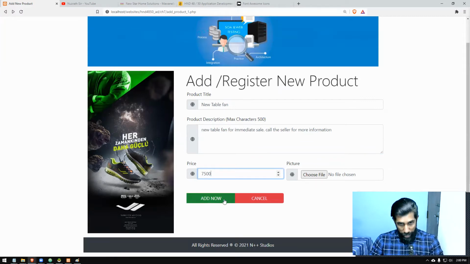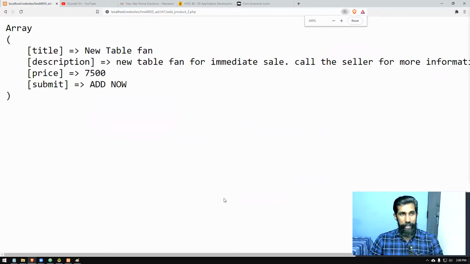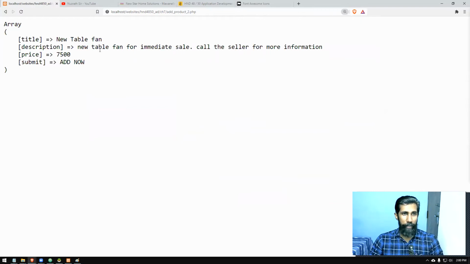Then we hit the add new button. So that information is nicely coming to the other page. So you can see title, value received, description, value received, price, value received. So we can add this to our database, right? So that will have some steps involved.